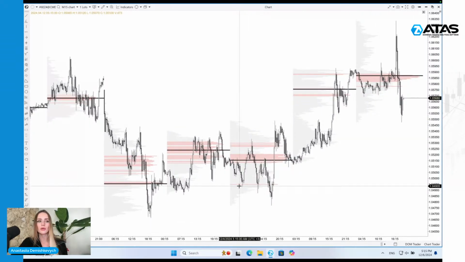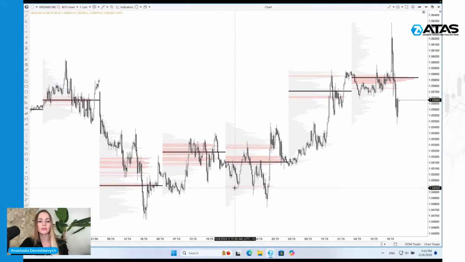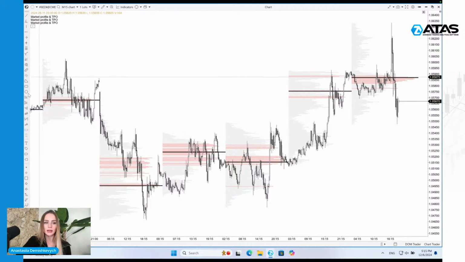Now, we are looking at our 6E 15-minute time frame, Euro futures 15-minute. I use 15 or 30 minutes for the overall analysis. And as I said in the beginning, I always pay attention first to the volume profile. Now, if we are looking at the momentum breakout setup, we want to see the moment when the price breaks outside of the area which was repeatedly tested by the price before. And if you look at this chart, I'm going to highlight it, but it's clearly visible that the zone of the price around